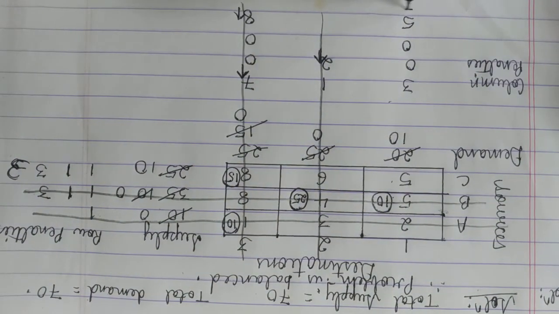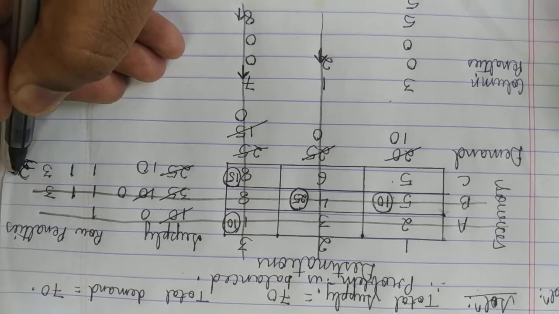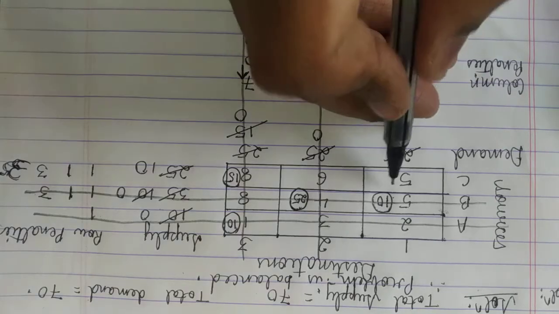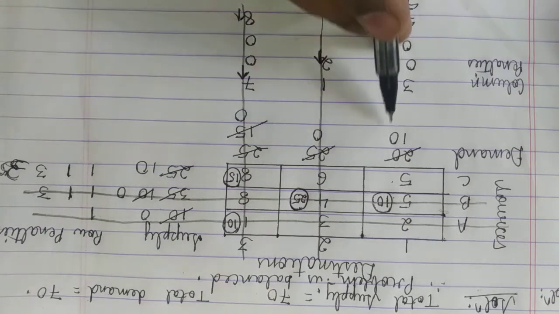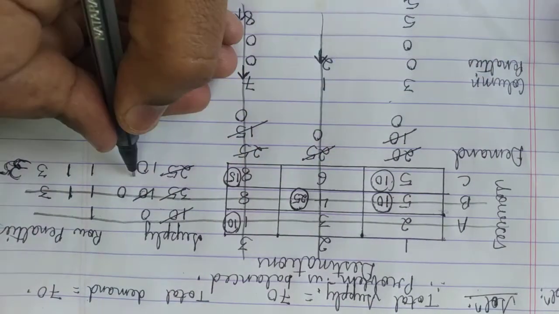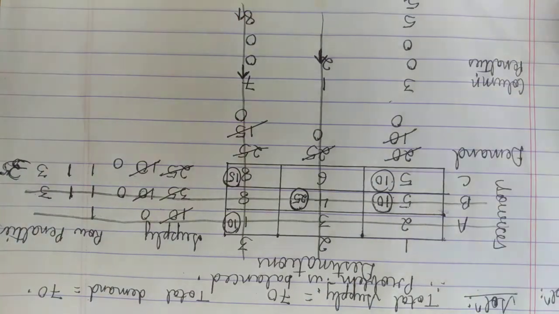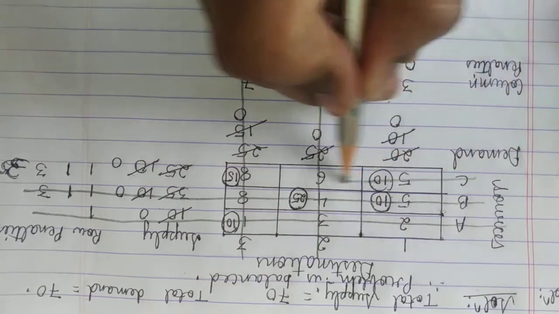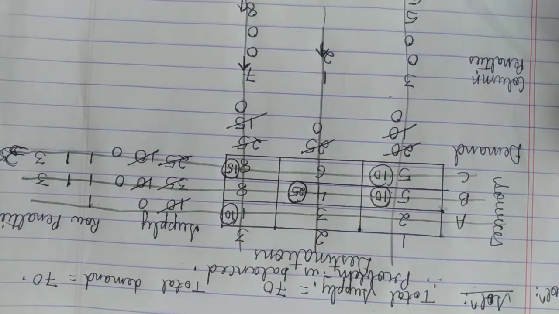Last, 5. Anything you can take because only one element is there. There you have to allocate. Supply remaining is 10, demand remaining is 10, allocate 10. So here the remaining is 0, here the remaining is 0. Again we can see that all rows and all columns are cancelled. That means your allocations were right, the problem was balanced, that is why it has happened. So this is how you have to allocate.